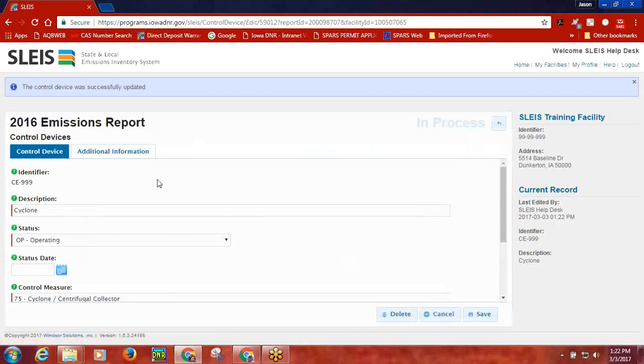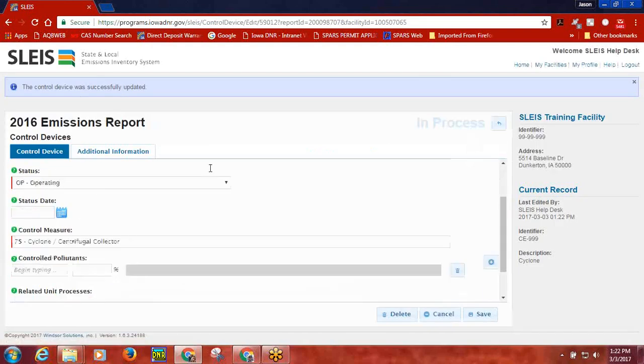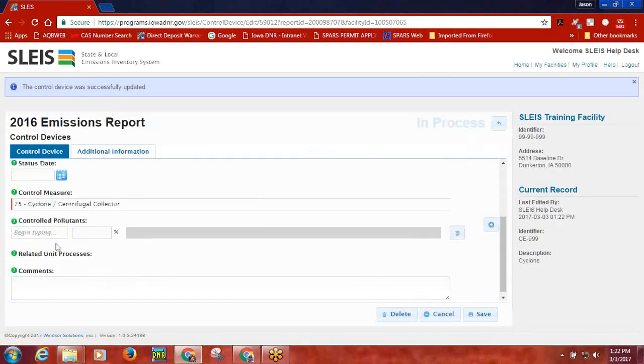While the controlled pollutants section of SLEIS is not required to be entered, this is where the facility can take credit for emissions reductions in the emissions report. The emissions report itself does not allow the user to enter a control efficiency for pollutants. Therefore, it is highly recommended that each pollutant that is being controlled by this control device be entered under the